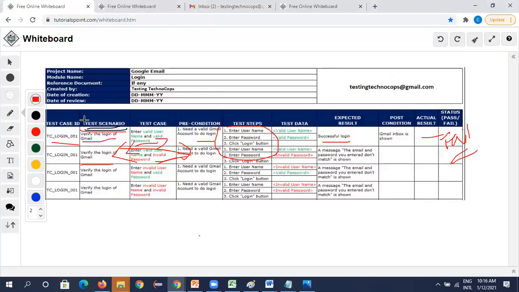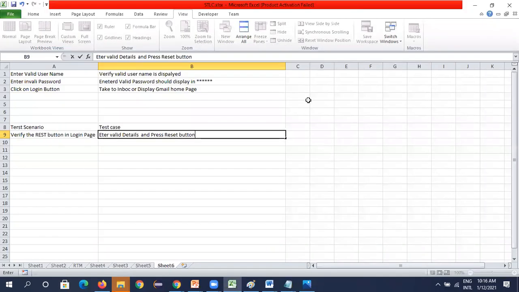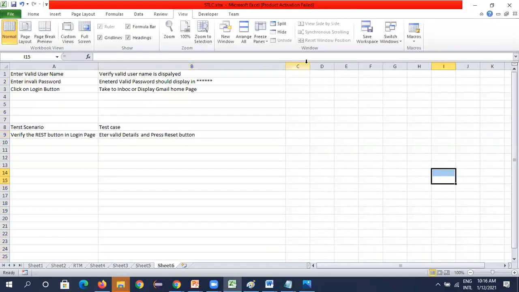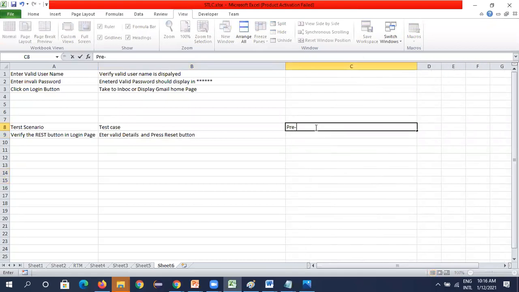See, the precondition you have given is need a valid login ID, but for this reset button, what would the preconditions be?